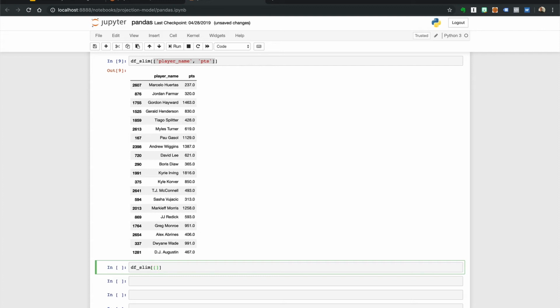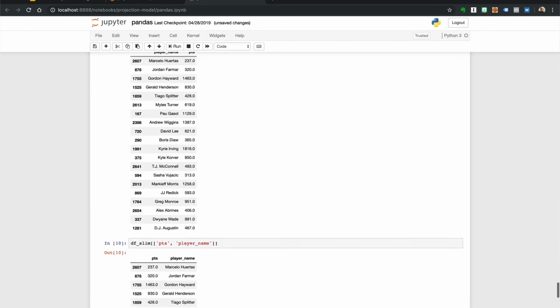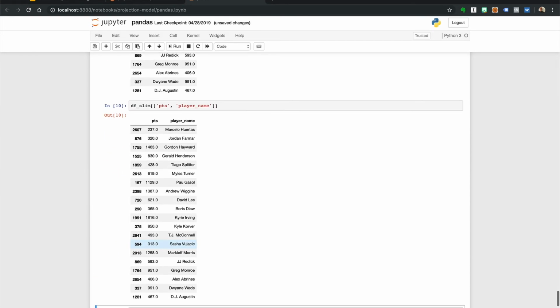double brackets. We pass in points first, and then player name, and it is swapped. This can get pretty cluttered when calling multiple column names. As a result, you will see Pandas enthusiasts provide a Python list to tell Pandas which columns we want. To do this, we can create a list with the columns we want and a comma to separate each item